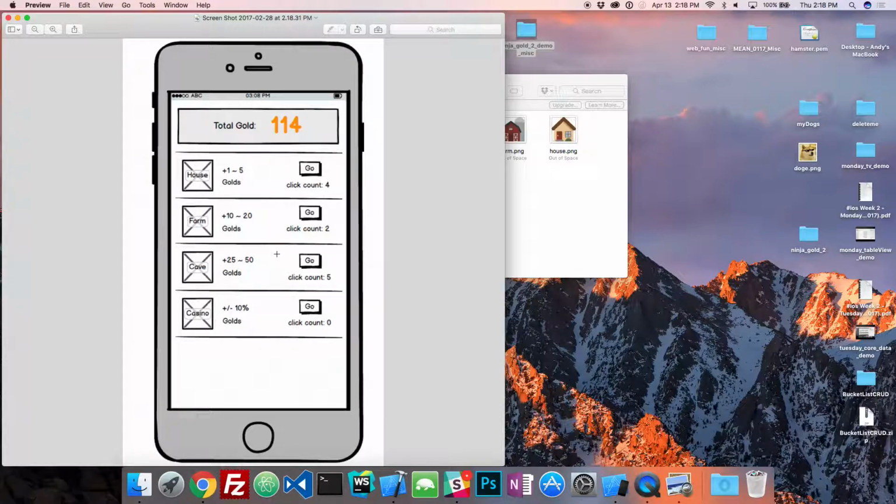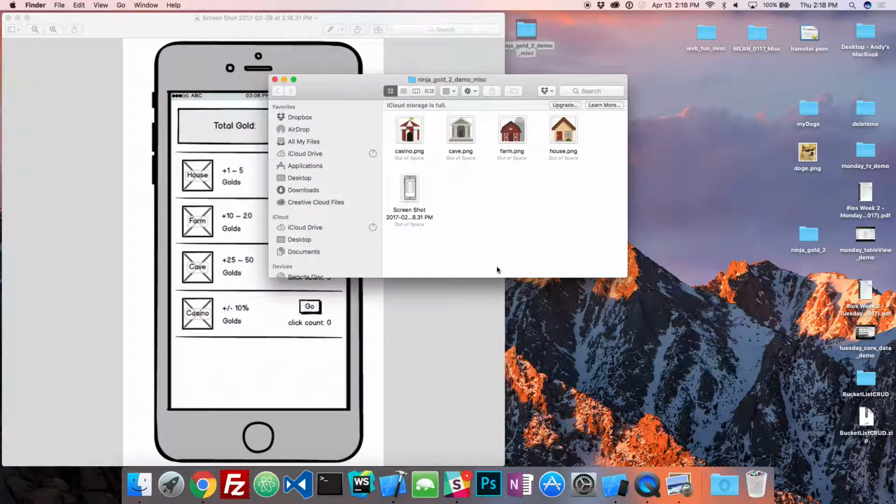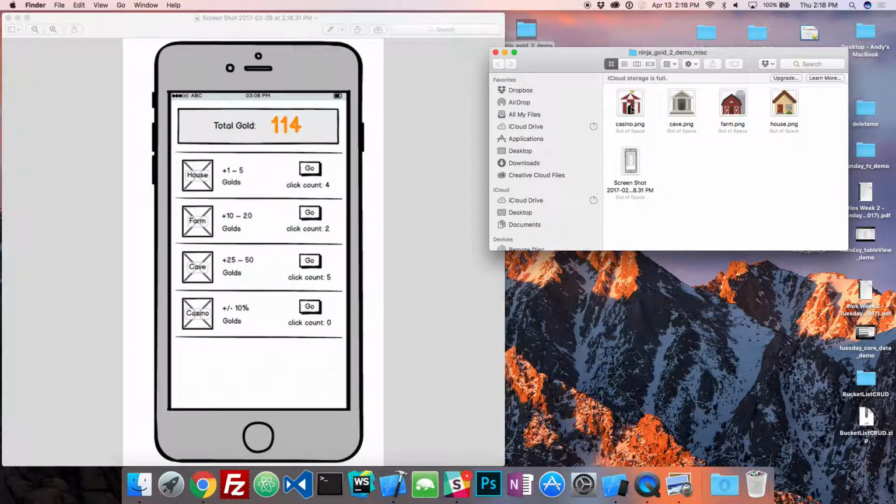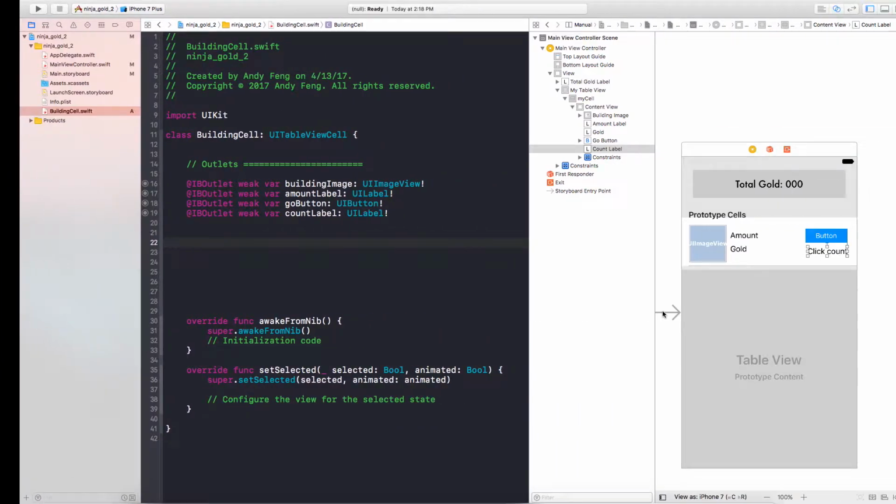So each of these guys are getting their data from that array. That array needs to have 4 objects. An object is going to be a building object that we're going to make a custom class for, right? And in that class, we're going to have an image. We're going to have this string here. And that's all we need, right? That's all the data that the cell needs to get started. Well, the count will just be 0 when it starts. So I have all the images here, but before we do that, we're going to go and make our custom